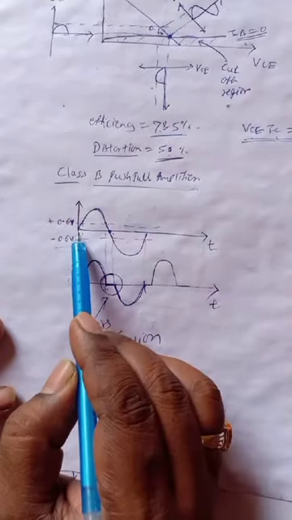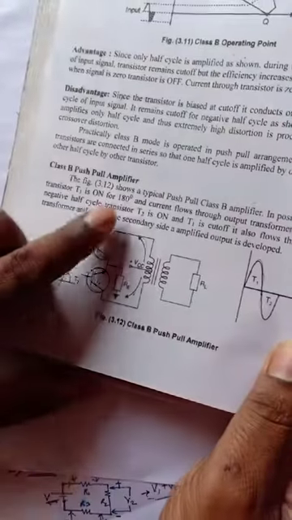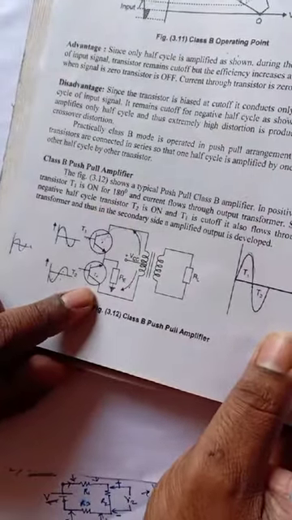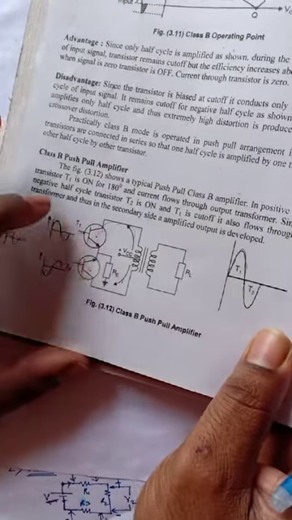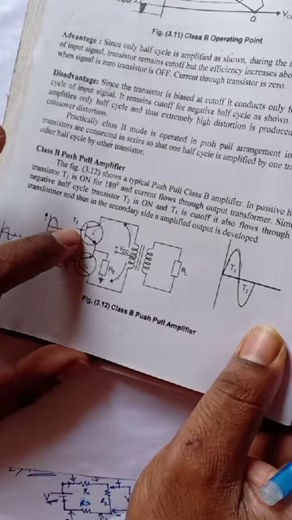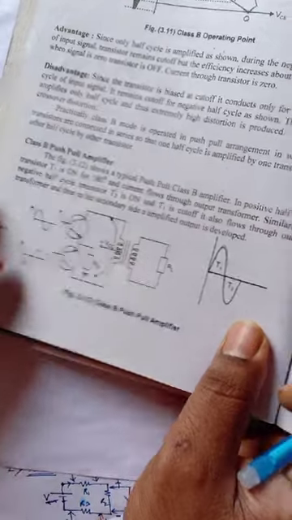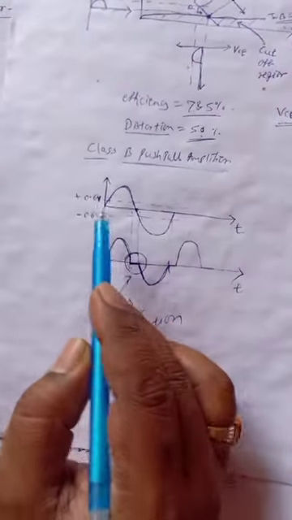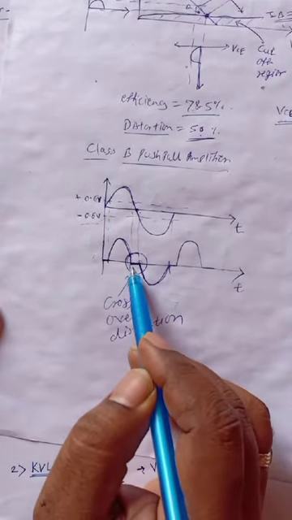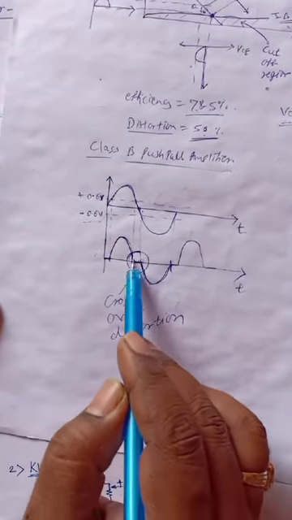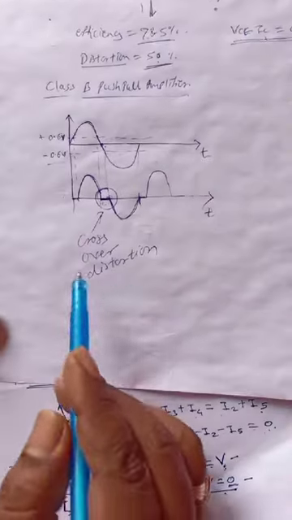That is because in the positive half cycle, transistor T1 is on and T2 is in the off state. In the negative half cycle, T2 turns on and T1 turns off. But we require 0.7 volt between base and emitter to turn on the transistor, so from 0.6 volt plus to minus, no transistor will turn on. So we get output voltage 0, and this distortion is known as crossover distortion.